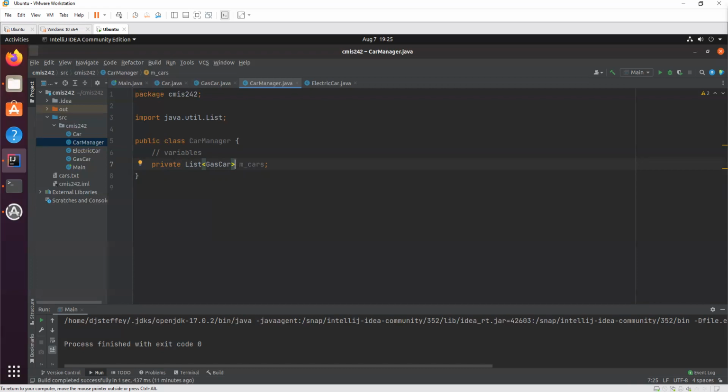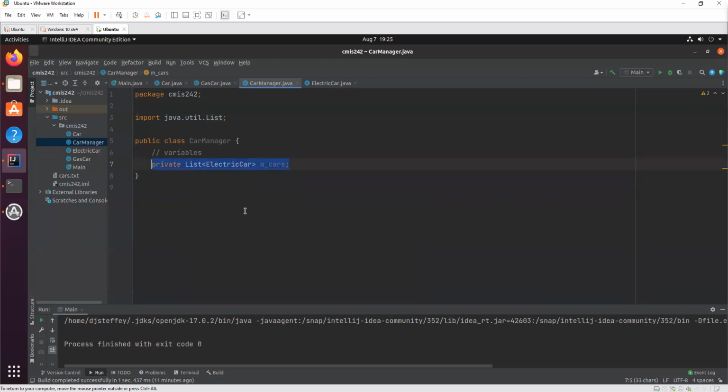An electric car is not a gas car. So if we say our list contains gas cars, that means we can't put any electric cars in it. Likewise, if we put electric car here, that means we can put electric cars in the list, but we can't put gas cars in the list. But we want one list to have all the cars.